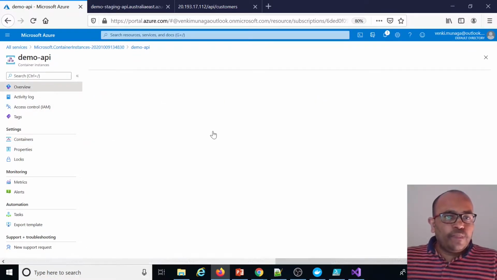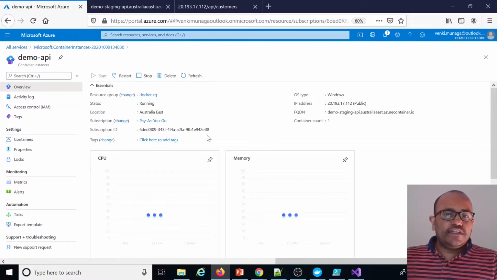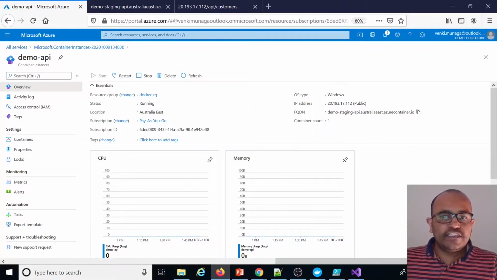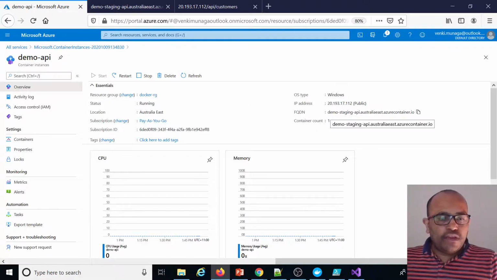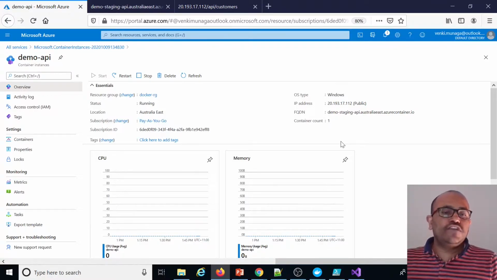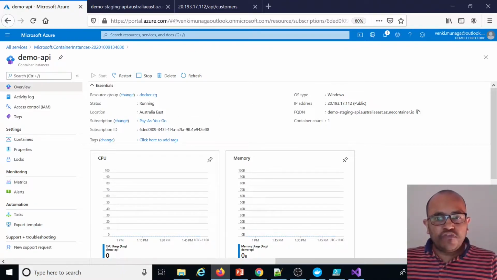Okay, now the API instance is created. Now we are going to create the MVC portal, but before that, observe one thing: I am building the staging environment. If I want to create a staging environment of the MVC portal, it will try to communicate with the API, meaning it requires this URL.